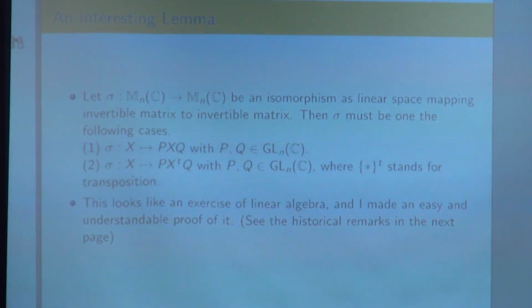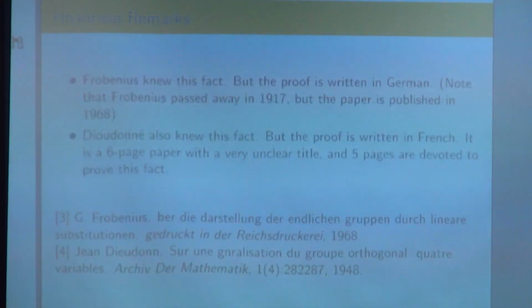Let sigma be a map from the matrix algebra to itself, an isomorphism as a linear space, mapping invertible matrices to invertible matrices. Then sigma must be one of the following cases: left multiplication by an invertible matrix, or differ by a transposition. This looks like a linear algebra exercise, and yes, it can be, but in the history,